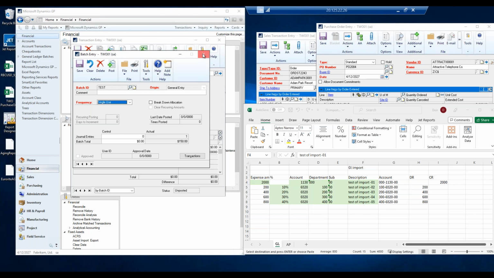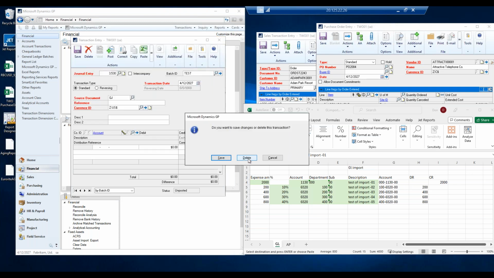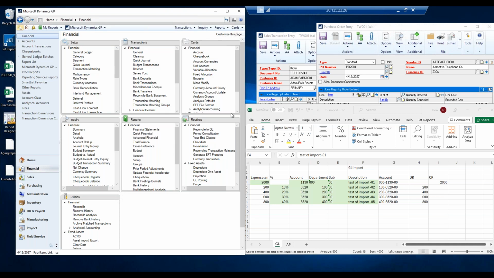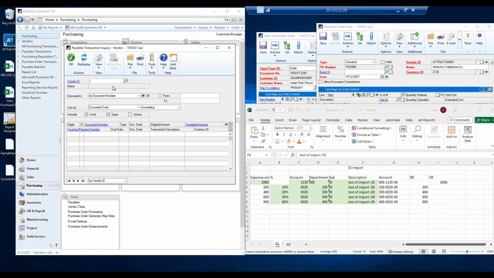Now, one of the other things that has happened in GP recently is you have the ability in your inquiry screens to save settings on the header of the inquiry so that you can use those same settings and sort orders the next time you're in. The most important piece of that one is underneath your purchasing. So inside my purchase orders, inside my purchasing, I hit transactions by vendor. If you've got a large vendor, and I'm just going to pick Ace Travel here,